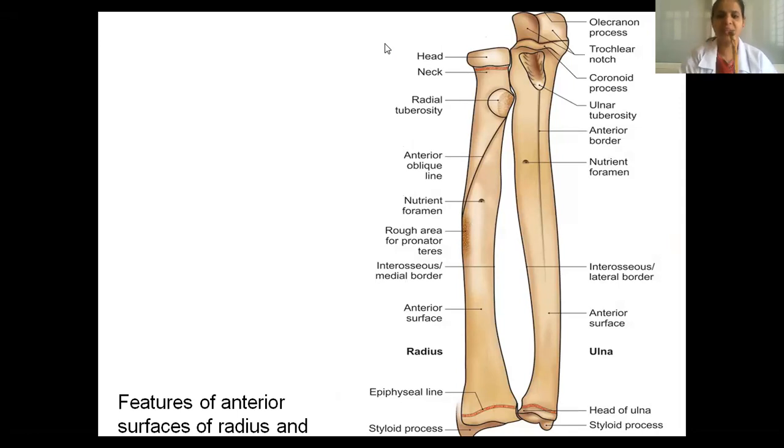You can see here, I'll just close the PowerPoint to some extent so that you can see the bone more focused. Now, first of all, any bone when you hold, you should know to which side it belongs to. Now see here, this is the bone which is belonging to the left side. So how did I identify it is belonging to left side?